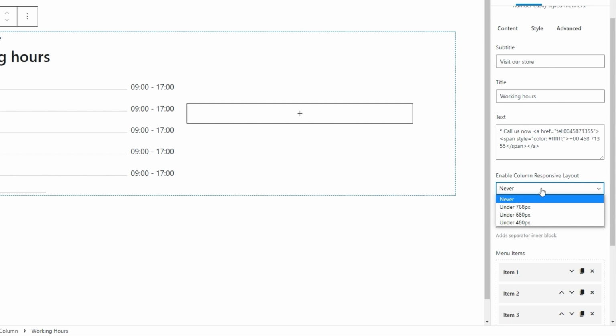With this, we can set below which screen width the block display will become more compact. Namely, if the screen it's viewed on is too small, the block will adapt by doing things like dropping the dotted line between the days and the working hours to make all the information fit the screen. We have several options in this drop-down, and I'll use under 680 pixels, which is broadly the width of a